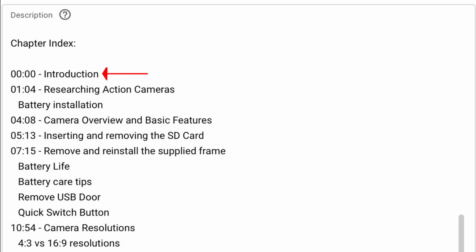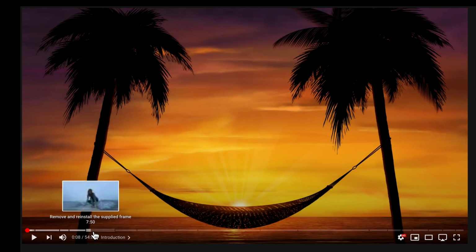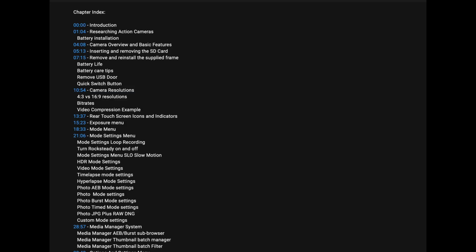YouTube requires that you create a first entry that has a timecode of 0 to indicate the start of the video to enable these features. I typically label this one Introduction. A list of timecodes without the 0 entry will still work, but you won't get the nice UI enhancements that I just outlined. The user can also click on the highlighted timecode values in the description to jump to that